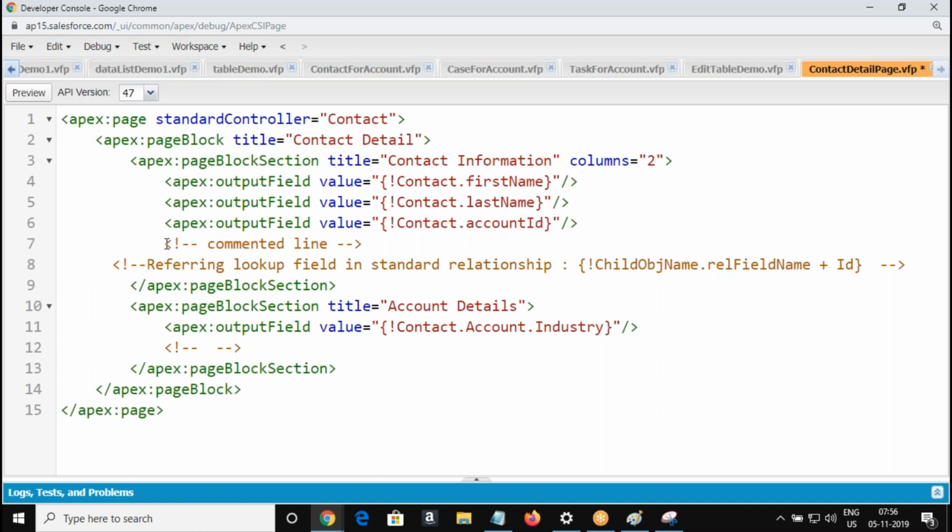So we include a commented line with an open angle bracket, exclamation mark, double hyphen, closed by a double hyphen and a closing angle bracket. If you'd like to comment multiple lines, then we go with this format.